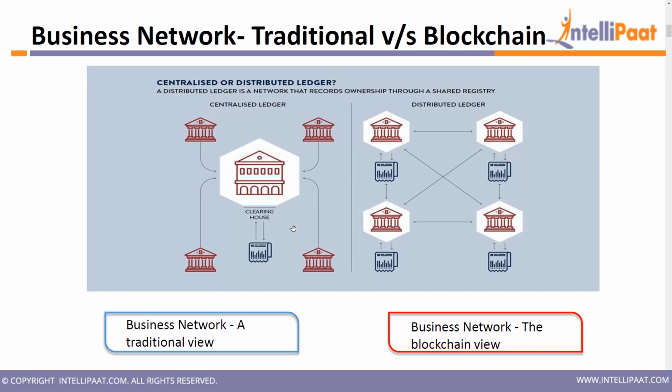Now, when we go to a distributed kind of setup, we see every node has the authority to clear funds or clear transactions. For doing this, they need to be in sync with each other, so that any transaction that is validated by one needs to be approved by the other nodes as well. This is how your distributed ledger or distributed blockchain network works. In our previous sessions, we have discussed in detail how central and distributed systems differ and what the drawbacks and advantages of each are.